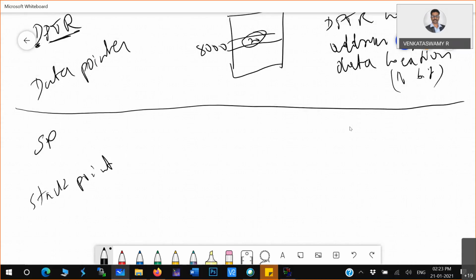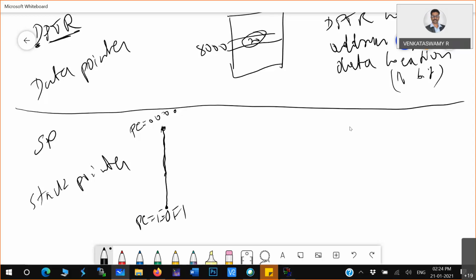Okay, stack pointer. What happens when you're running some program? The program counter will increment. When you end a program, the program counter normally holds the last instruction address. Very simple. The program counter will start at the 000th location, and when you end the program, your program counter may be something like E0F1. It holds the address of the last instruction. So this much is how big your program is.